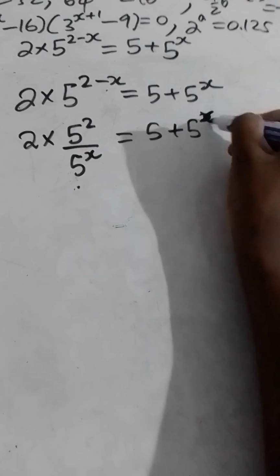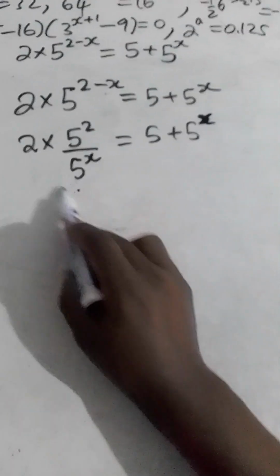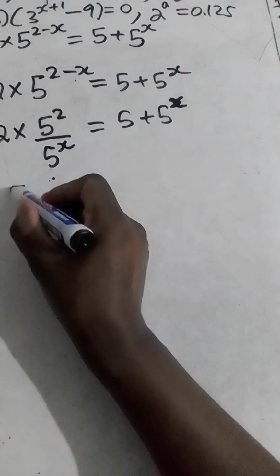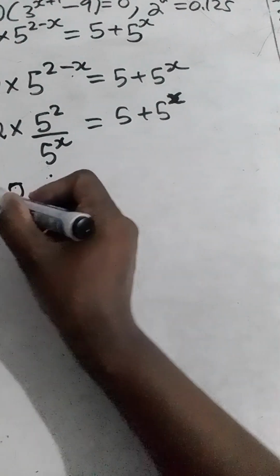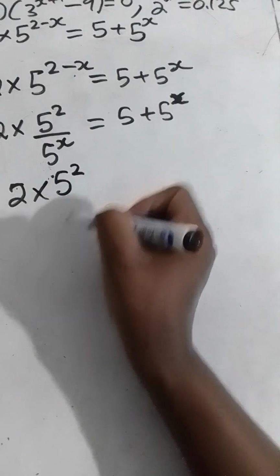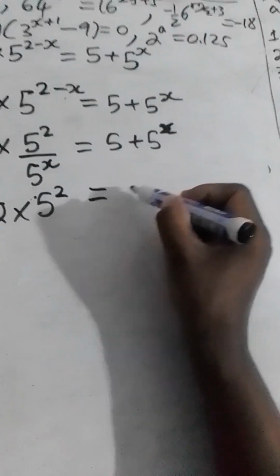Okay, now we have 5 plus 5 to the exponent x. And now, since we have 5 to the exponent x in the bottom and we don't want to have denominators generally, we'll multiply by 5 to the exponent x on all sides. Multiplying by 5 to the exponent x, here we're going to have 2, because the 5 to the exponent x will cancel this one. And then